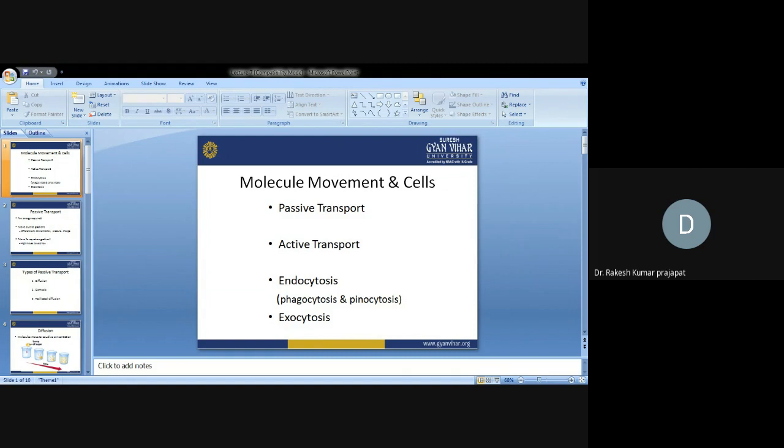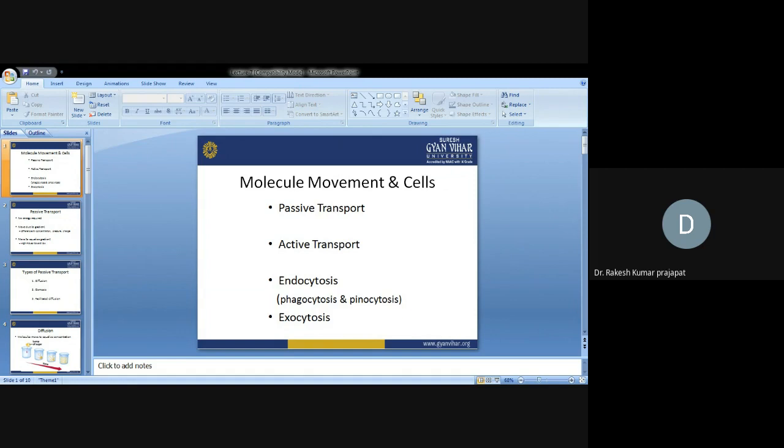A difference in concentration means high concentration to low concentration, high pressure to low pressure, high voltage to low voltage, high charge to low charge, likewise. Molecules can move automatically to equalize the gradient. So what is the objective of moving any molecules? The main objective is to equalize the gradient. High moves toward low. That is passive transport, totally dependent on the difference in concentration and without energy.